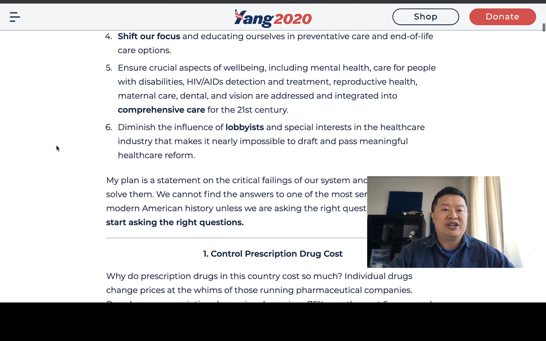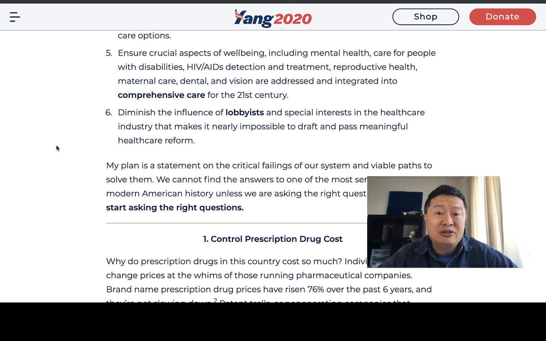Fifth, he talks about ensuring well-being, including mental health, health with disabilities, HIV/AIDS detection and treatment, reproductive health, basically thinking about dental, vision, mental, all of your care as an integrated and comprehensive system. And lastly, the importance of diminishing the influence of industry lobbyists in the healthcare industry so that we can actually